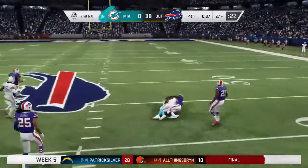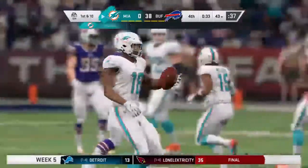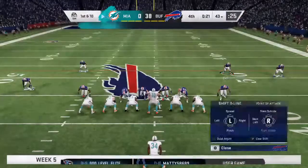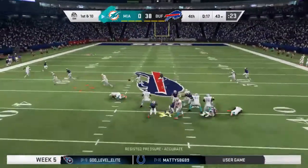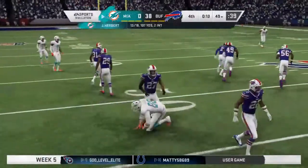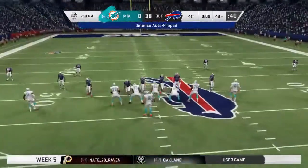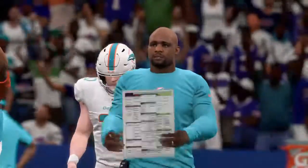Open man, it's Preston Williams. And they get him down, but not before he takes it across the 40-yard line. It'll be a pickup of 16 and a Dolphin first down. This quarterback now 12 of 17 through the air as he leads his guys up on first down. And he'll be brought down just shy of midfield at the 49-yard line. So it's a victory here for the Buffalo Bills. And I tell